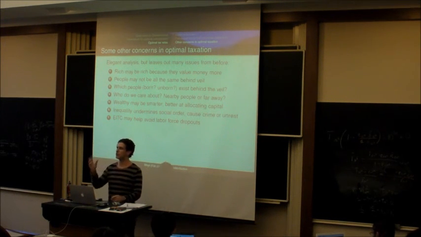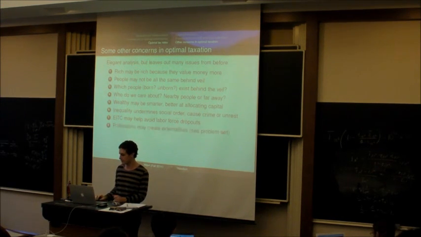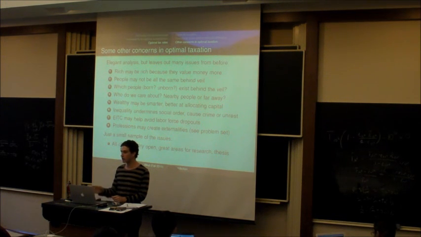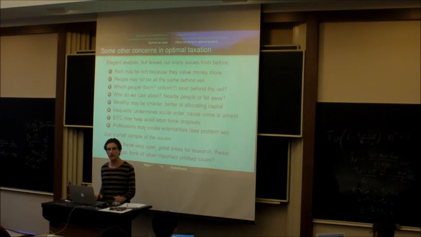We might want to make the income tax very low at the very bottom of the spectrum, or even negative, because we want to encourage people who aren't working at all to work. So that's another factor we didn't take into account. On the problem set, you have to think about the externalities created by different professions and how that might affect optimal taxes. So this is just a small sample of the relevant issues. And all of these issues that I just discussed are things that basically there's been almost no formal work done in economics on. So there's a lot of interesting things to be thought about in this area. And there might be other omitted issues that I didn't talk about. So this is a really interesting